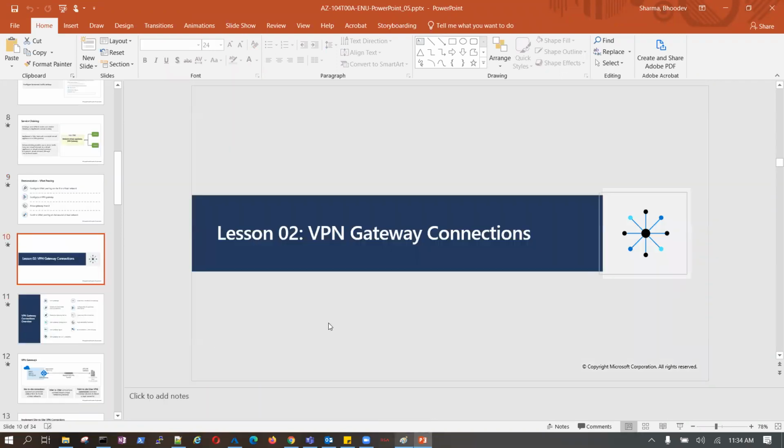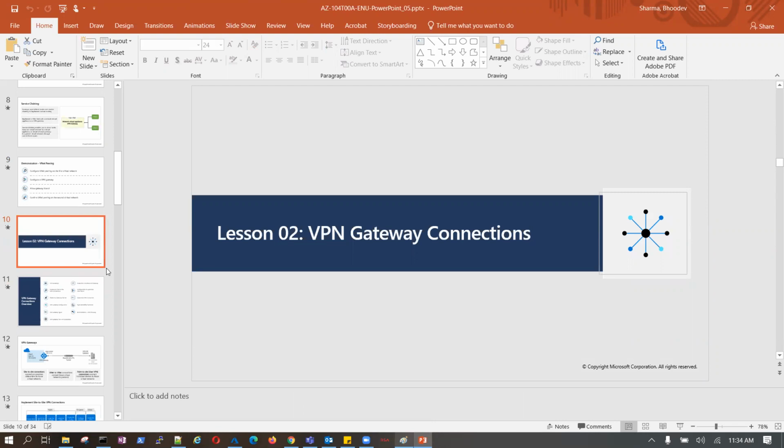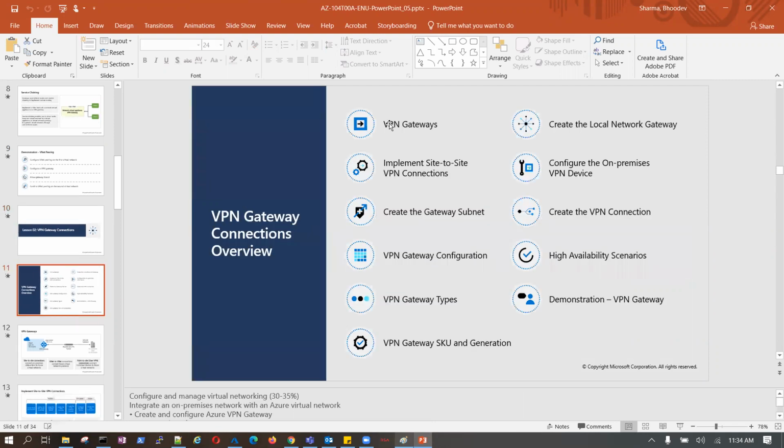Now coming to the VPN gateway connections, the connections which we have created just now. Let's read it. VPN gateway: create the local network gateway, implement site-to-site VPN gateway, configure the on-premises VPN device.